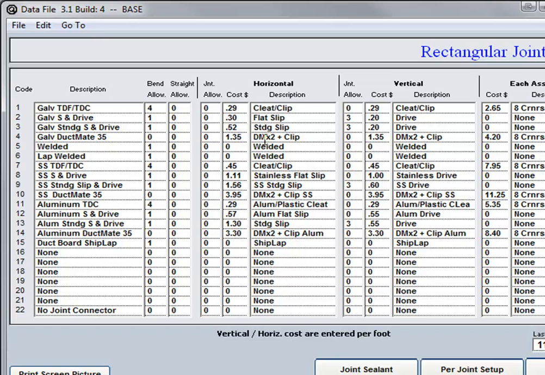So by changing a price on this page, you change the price in all of your pressure files. This saves you time. You don't have to edit all of the pressure files and modify the material prices or the standards due to the fact that everything points back to the same data file location. To better understand the data file, let's set up a new joint connector. We'll come to the first line that is available, which is line 16, and we'll change the description none over